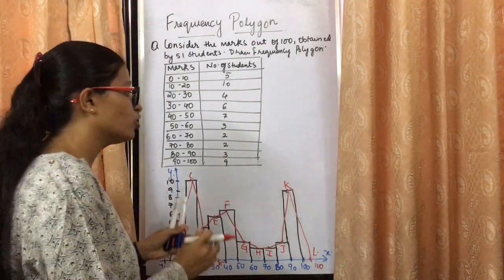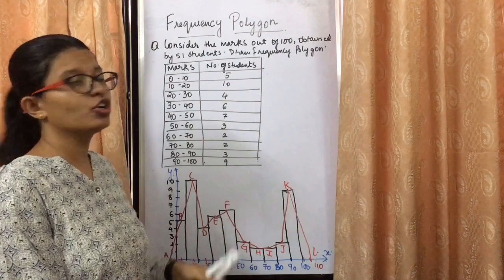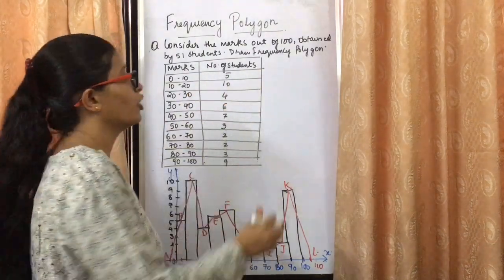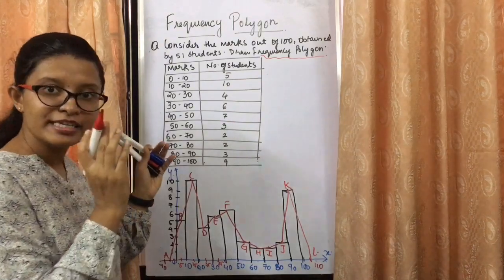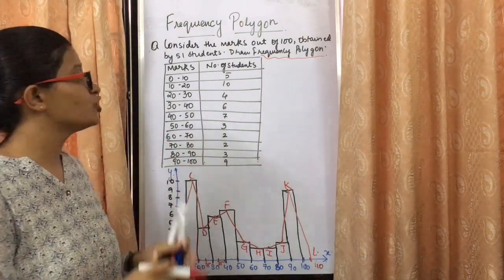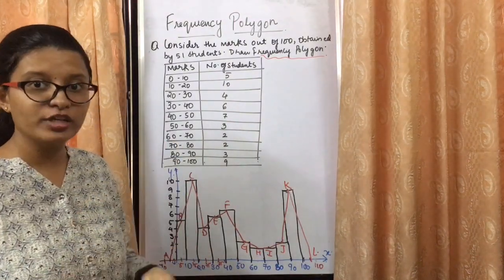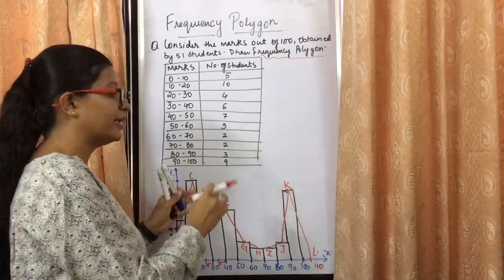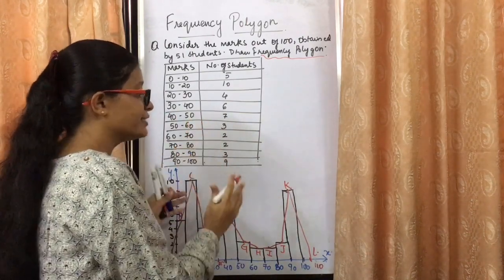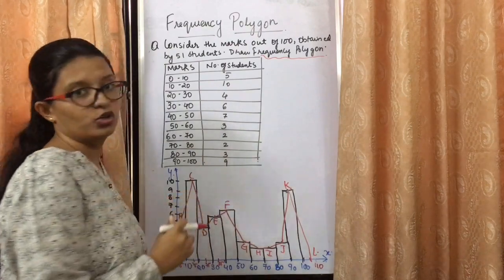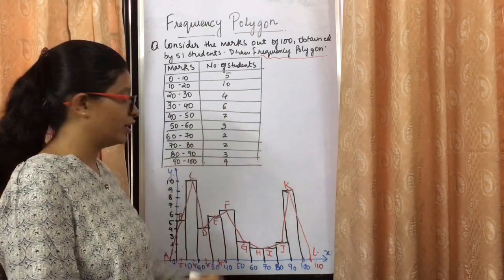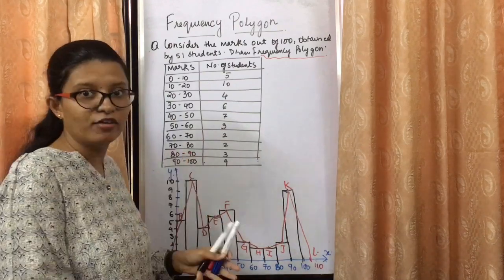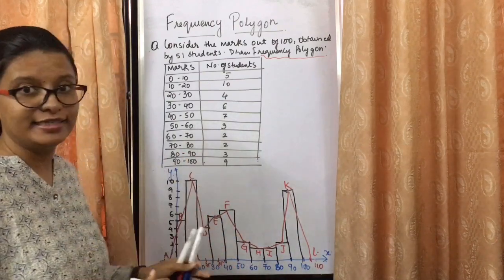तो ऐसे हम लोग कन्वर्ट कर सकते हैं हमारे हिस्टोग्राम को फ्रीक्वेंसी पॉलीगॉन के अंदर. So it is that easy. अगर यदि आप लोगों को हिस्टोग्राम अच्छे से आता है, जिन भी बच्चों ने हिस्टोग्राम की वीडियो नहीं देखी है, they can check out the histogram video so that you can have a nice understanding about the histogram and you can go through this. So histogram बना लिया. It's very easy to draw the frequency polygon. I don't think it's that difficult. Not at all difficult. It's very easy.